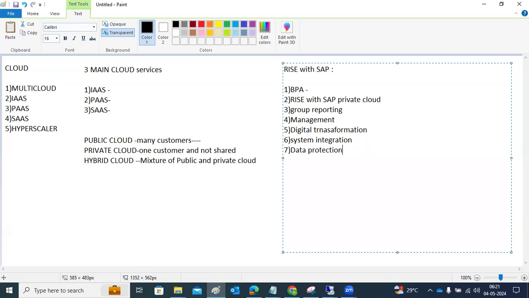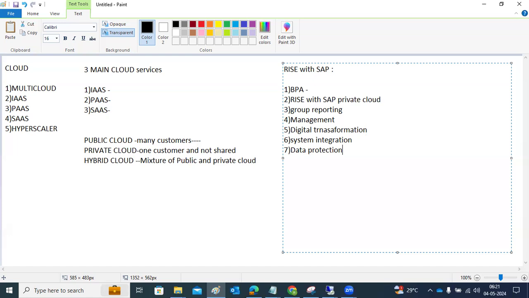So Rise with SAP provides direct or extended support from SAP. It is suited for all businesses, all sizes and all industries. Rise with SAP will be suited here, right?